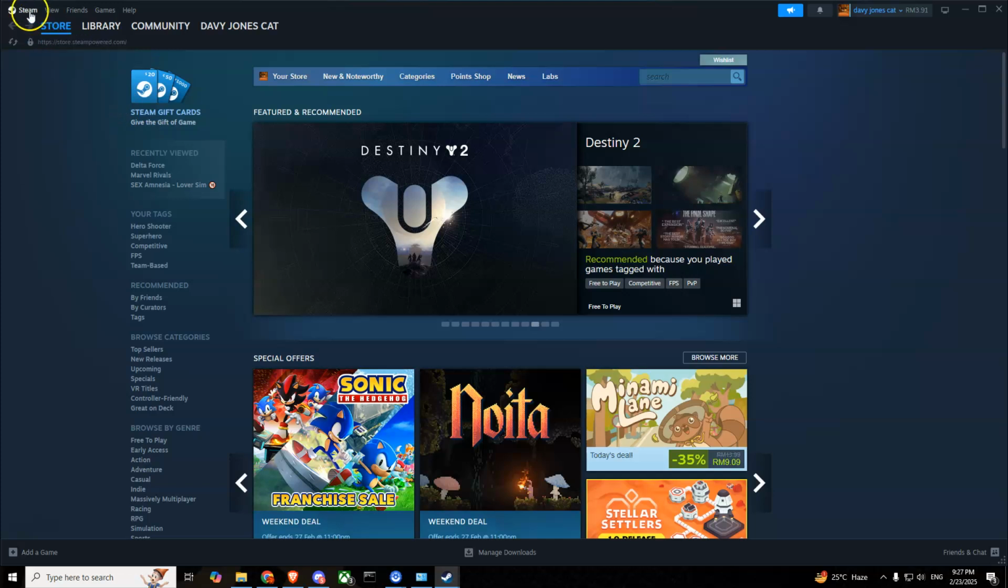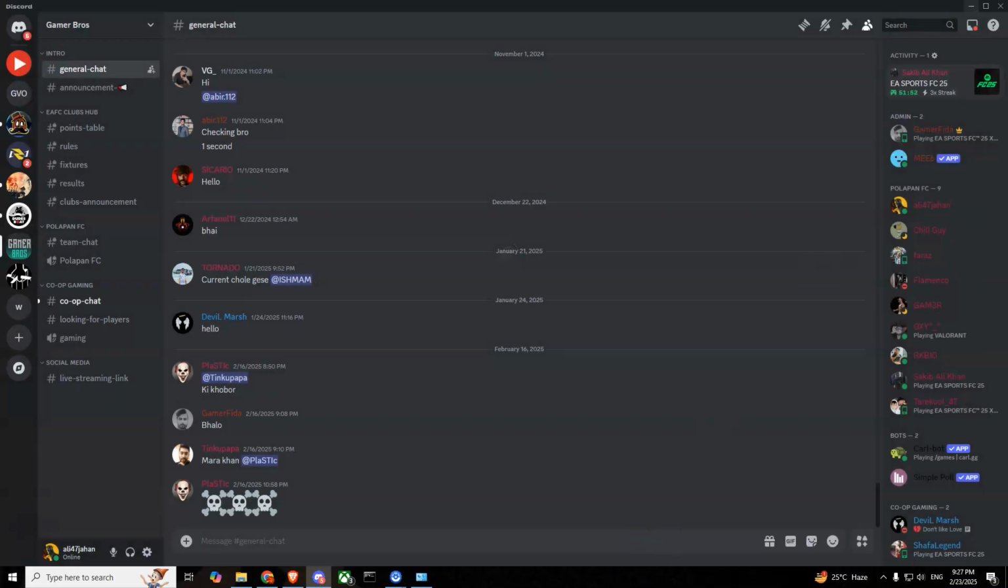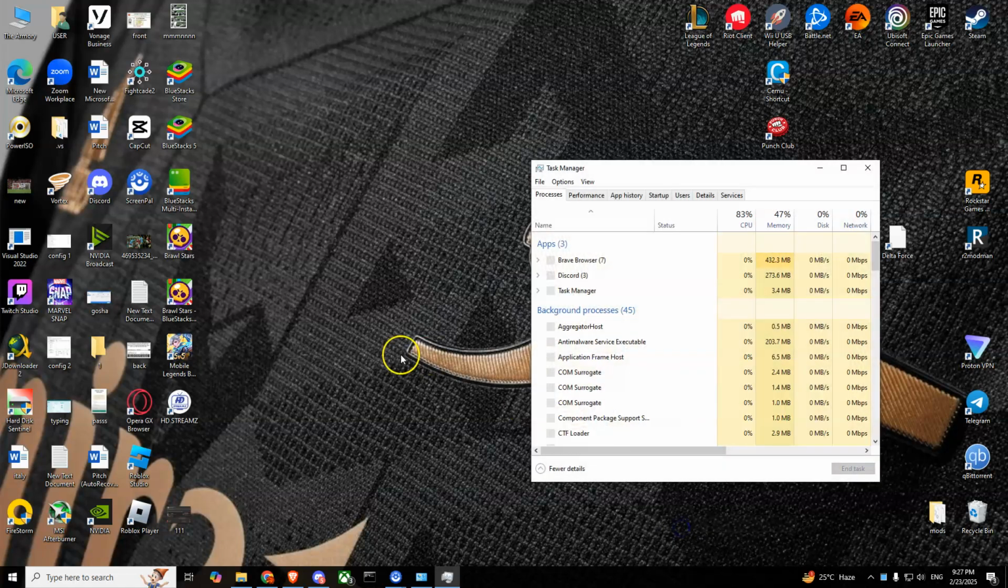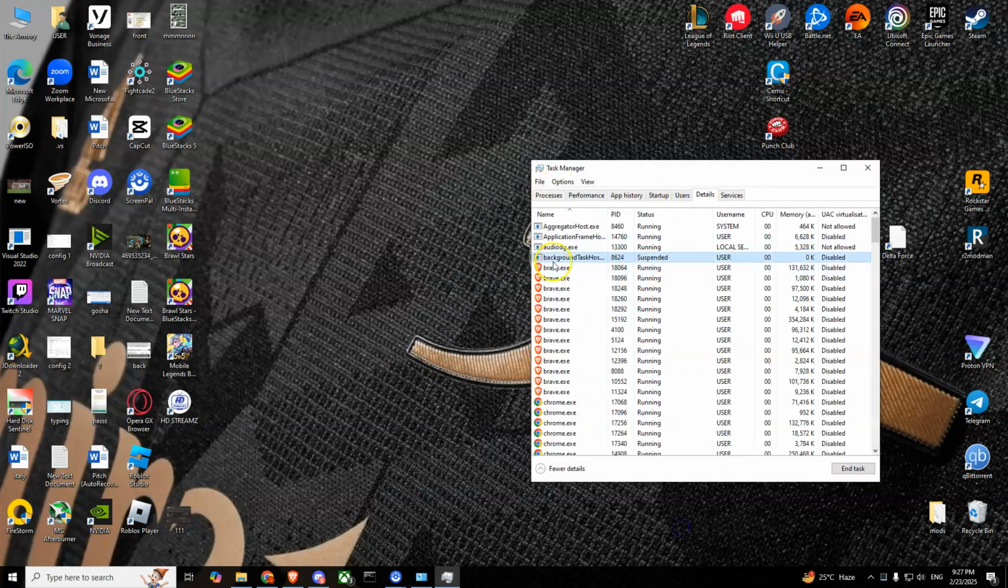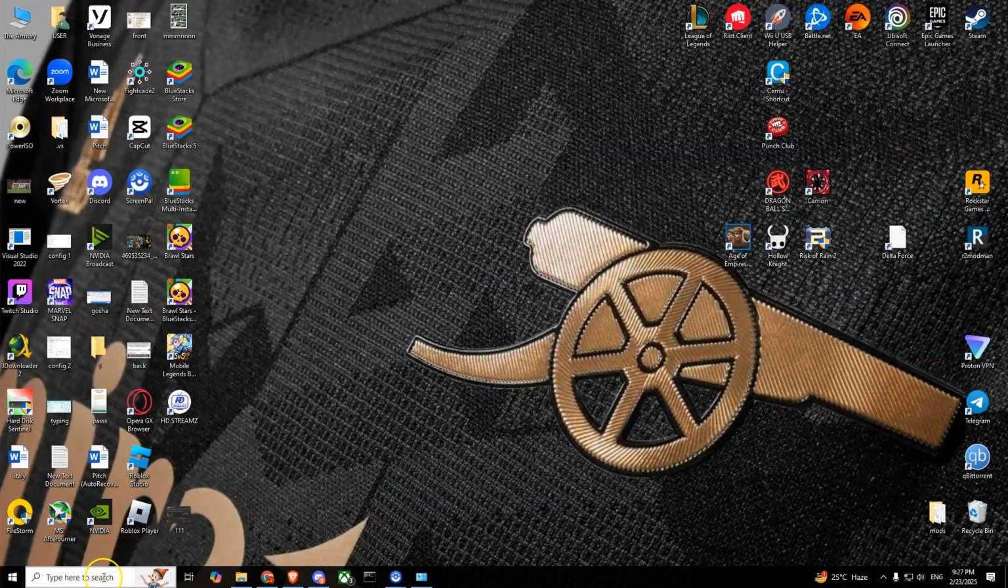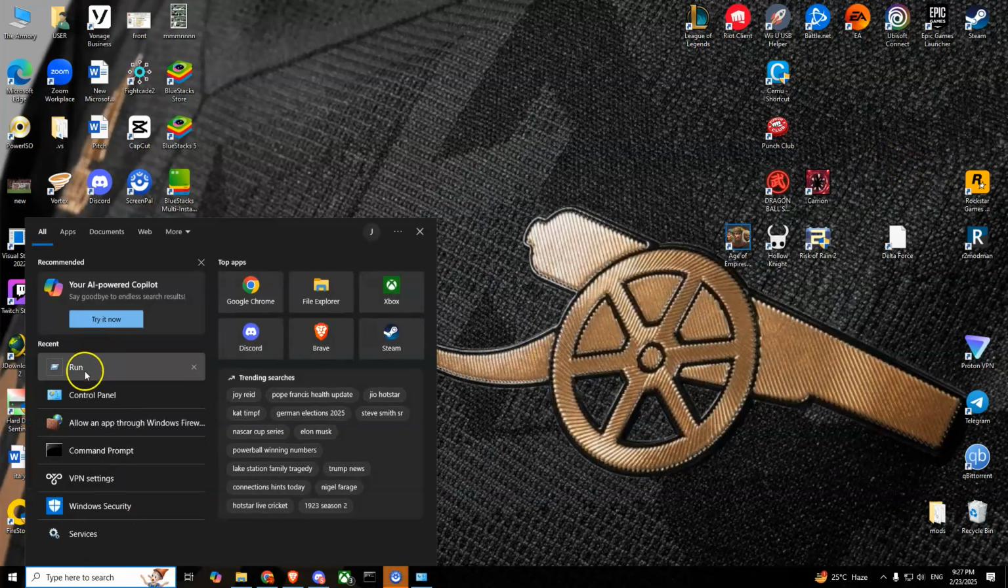For that you'll have to close Steam. Simply press here and press exit. Also, if you are running Steam, check in the task manager, go to details, find Steam here if it is running in the process. So after that, what you'll have to do is you'll have to run the run command,